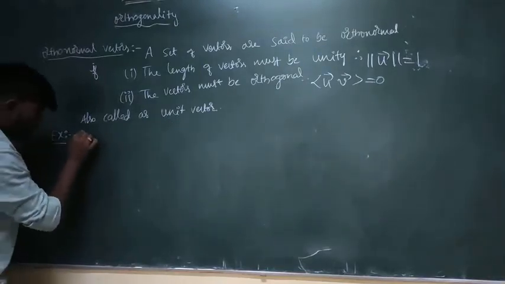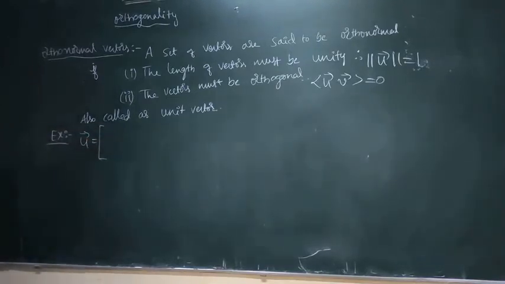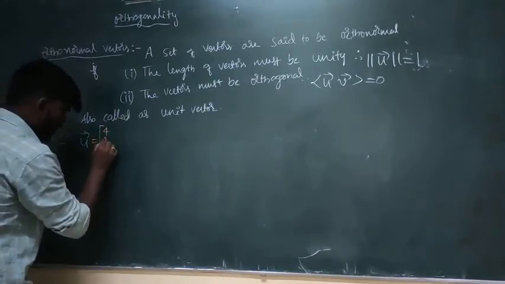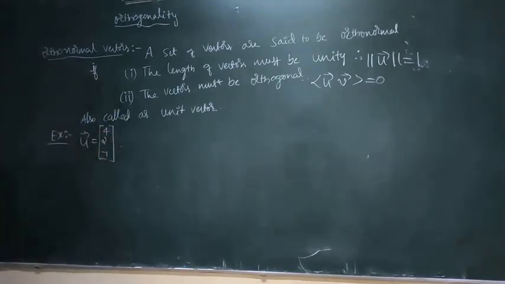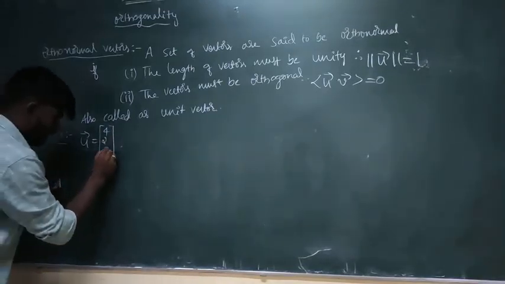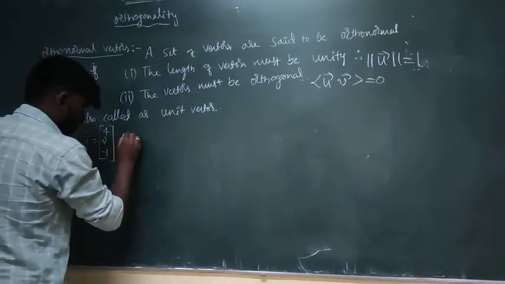Example: U is the column vector (4, 2, -1). We will take the same example. Vectors are always denoted by a column matrix. In matrix form we denote vectors by columns. And V is